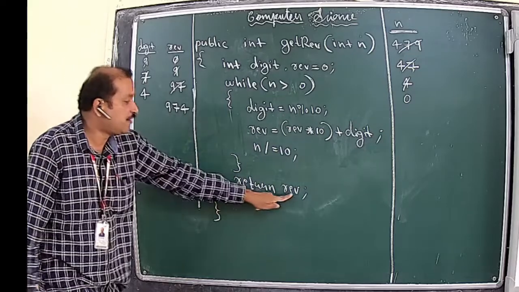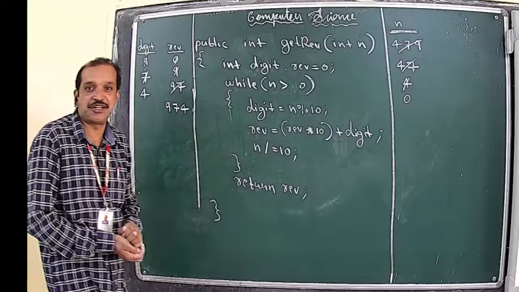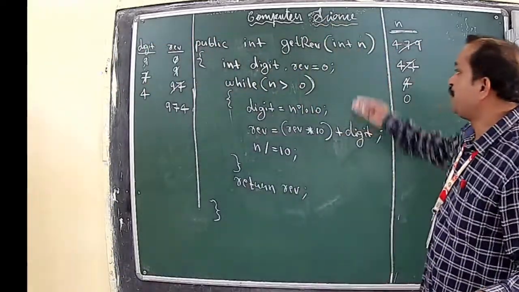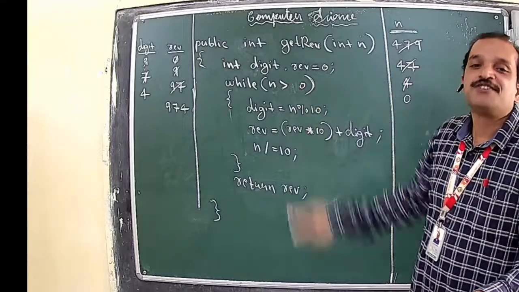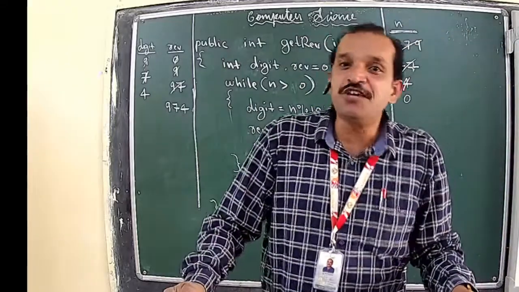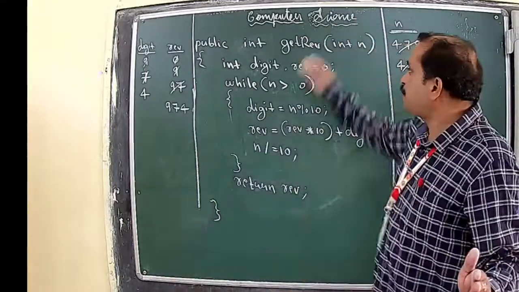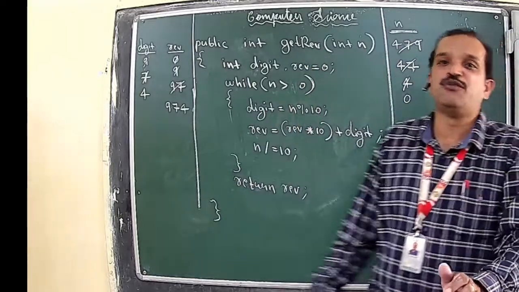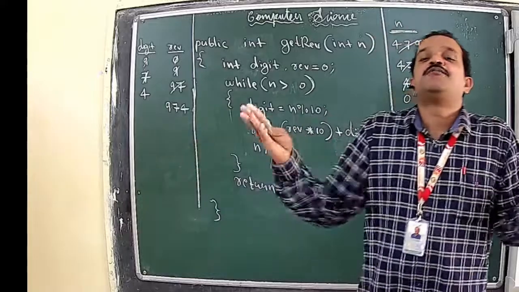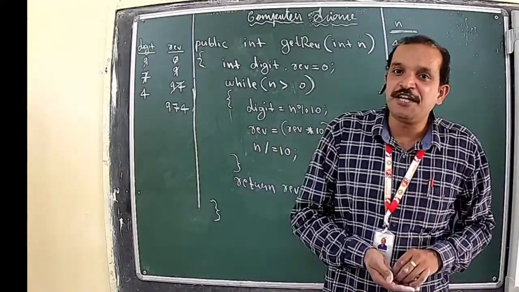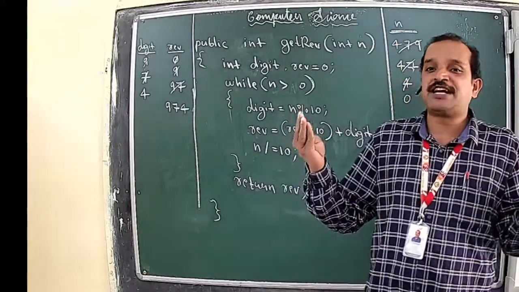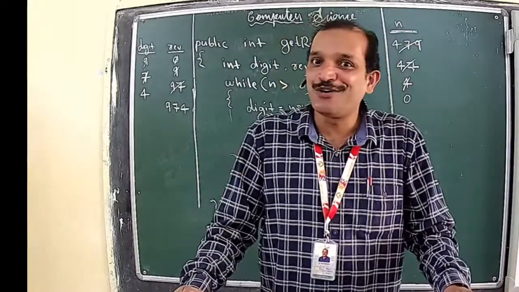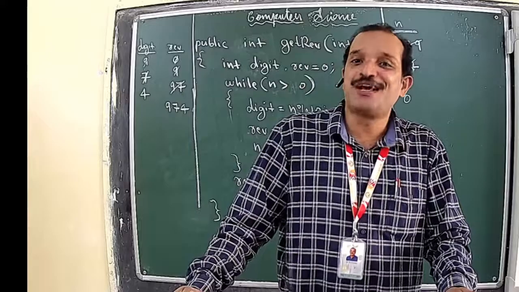Okay, now that value is returned from this function. And this function can be invoked from another function. So whenever you accept a number from any user, pass that number to this function and store the returned value. Definitely you will be able to reverse that number and then check the two numbers for equality. And if both numbers are equal, then that number is a palindrome number. If they are not equal, that number is not a palindrome number.